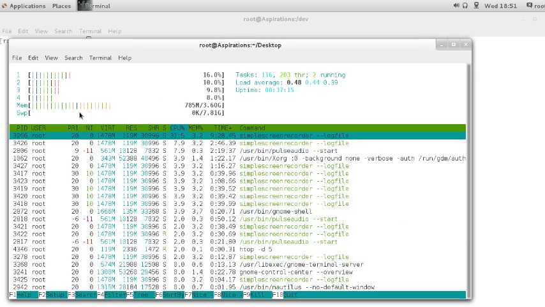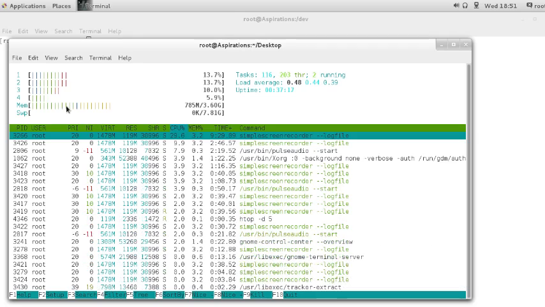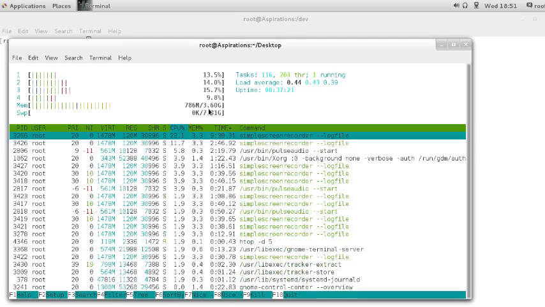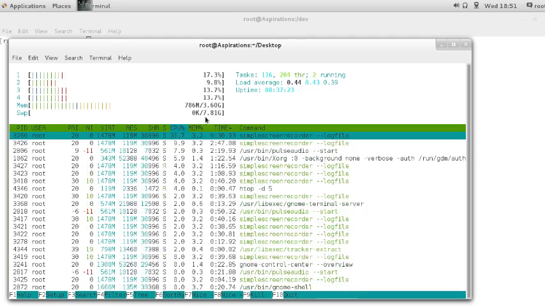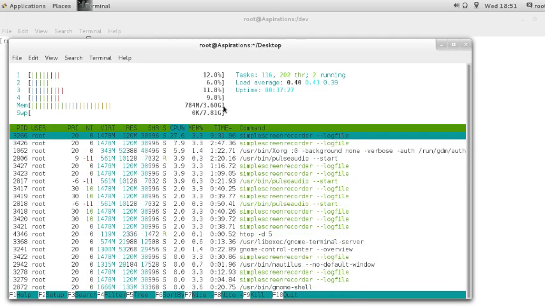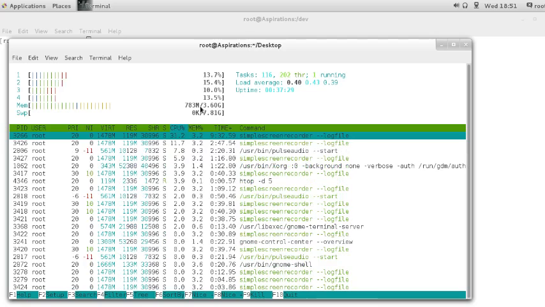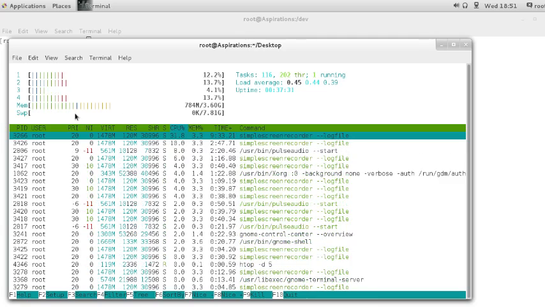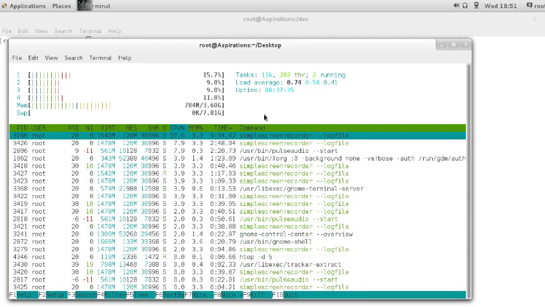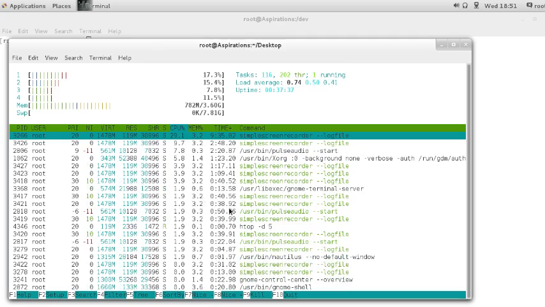memory consumption with the green and orange. Swap memory is almost 8 GB, nothing has been used. Here 3.6 GB, 780 megabytes is actually being used. Here actually it is giving all the